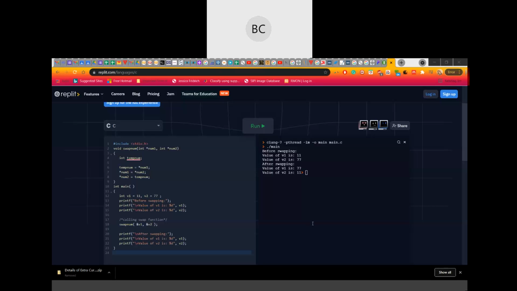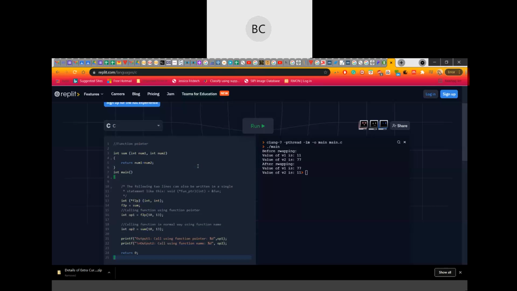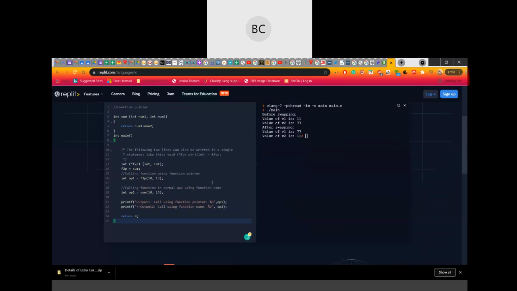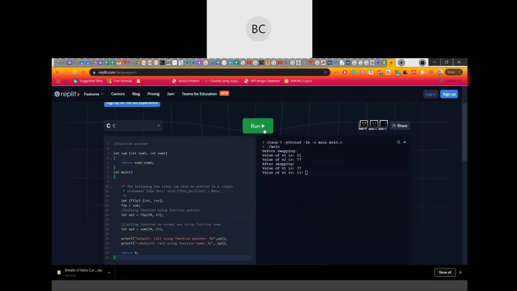Then another one we saw was the function pointer. This swap function you have also done in previous programs. I gave it maybe for one of the sorting algorithms, so we use that. So this is for function pointer. I just showed it in the class.